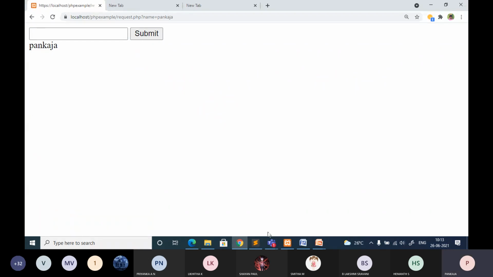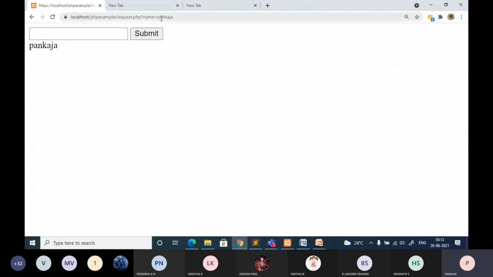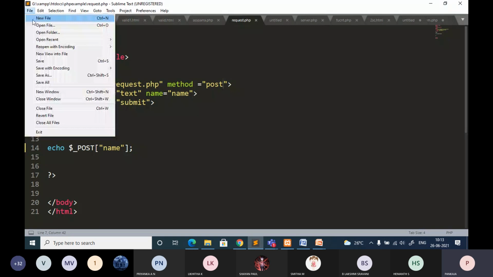Similarly, you can change this back to post. We checked that it was not able to display or access the form information submitted through the form. Now let me make it post here. It should work. At the same time, check the URL. When you are using get, the query submitted in the form appears as a query string in the URL, where you can see whatever data you have sent. Now carefully observe, I am using the post method.